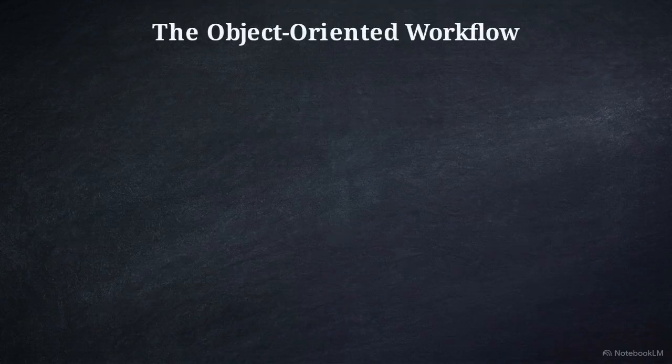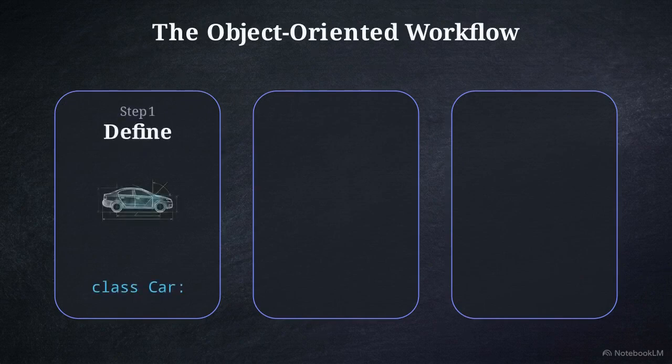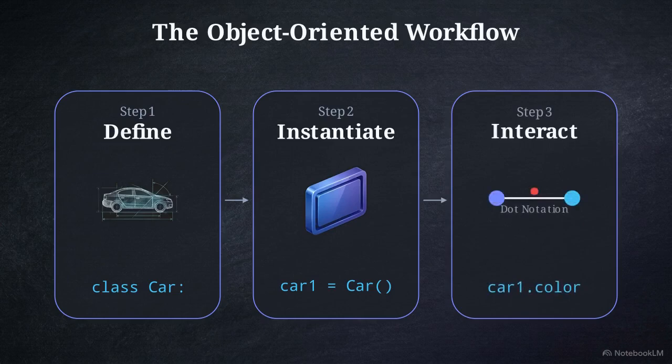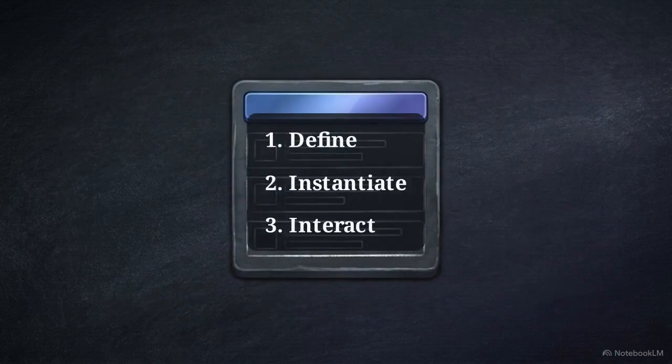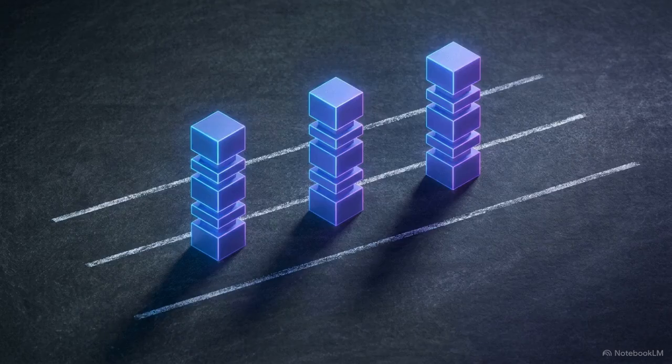This flowchart shows the three-step process for every object. First, define the class. Second, instantiate the object. Third, interact using dot notation. This strict order is mandatory. You cannot interact with an uncreated object, nor create an object without a definition. Mastering the separation between the blueprint and the data is the first step toward writing programs that are organized